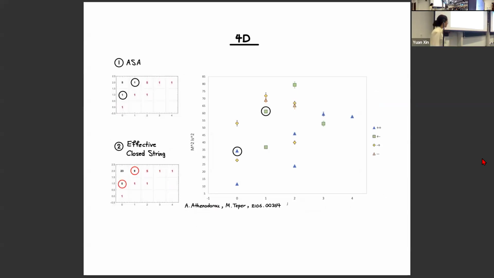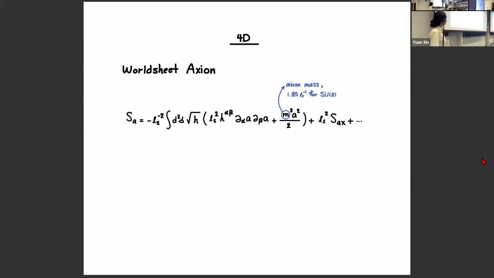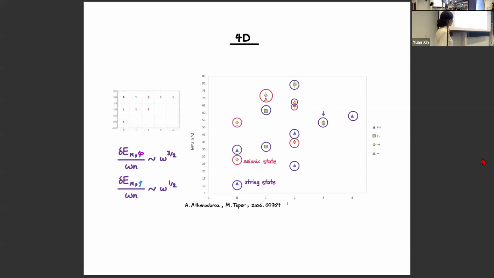In 4D also, ASA seems more reasonable compared to lattice data, but there are some states that we cannot explain only by looking at the string excitations. As I mentioned before, there is evidence to believe that in 4D we have an additional degree of freedom, which is called the worldsheet axion. And after adding this axion to our calculation, we were able to explain all the states in 4D